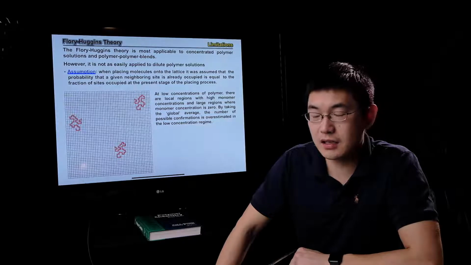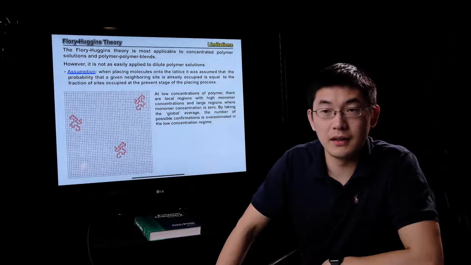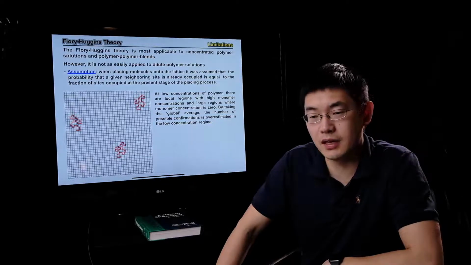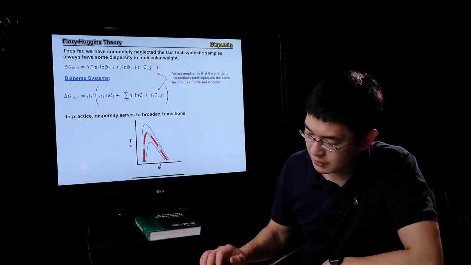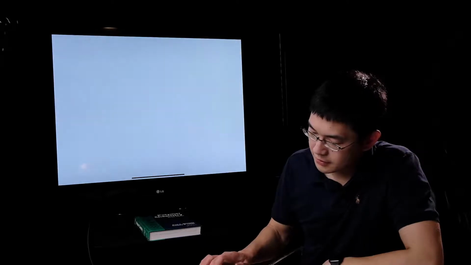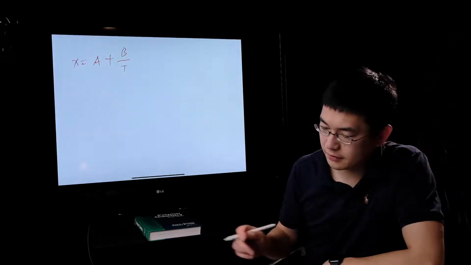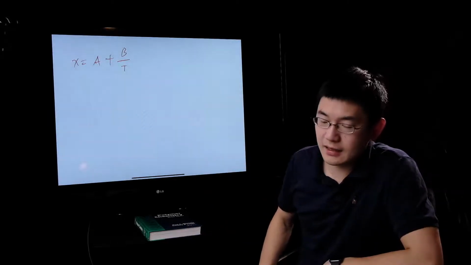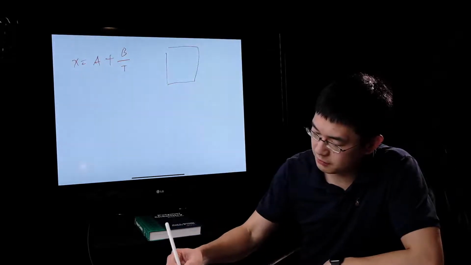And in the textbook, they probably discussed how the sign of A and B would impact your LCST and UCST behavior, right? So let's use this opportunity to discuss that briefly. In general, chi can be discussed with this particular equation as you see on the board. And now there are two cases we talk about. There's a UCST behavior where